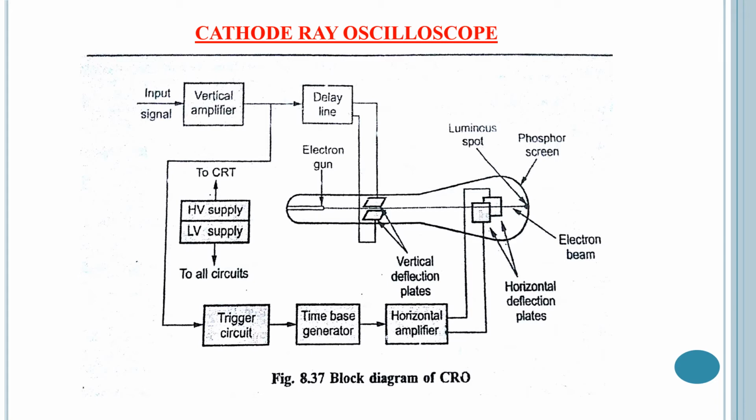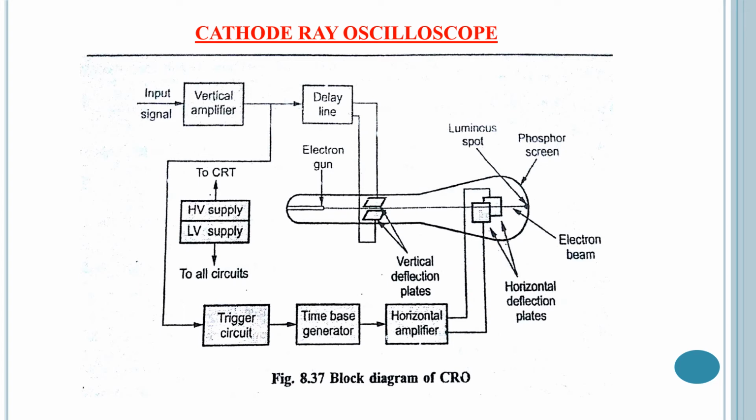It is a conical and highly evacuated glass housing which maintains vacuum inside it and supports various electrodes. The inner wall of the CRT between the neck and the screen is usually coated with a conducting material known as aquadag. This coating is electrically connected to the accelerating anode so that the electrons which accidentally strike the walls are returned to the anode. So this prevents the walls from charging to a high negative potential.